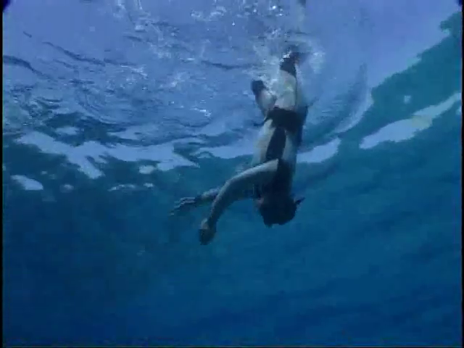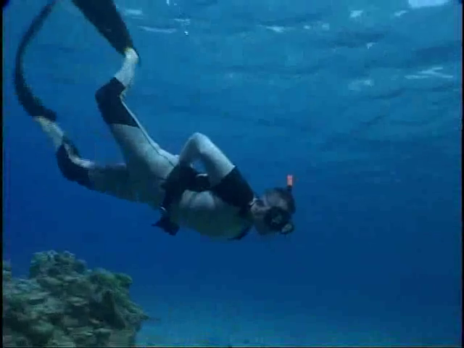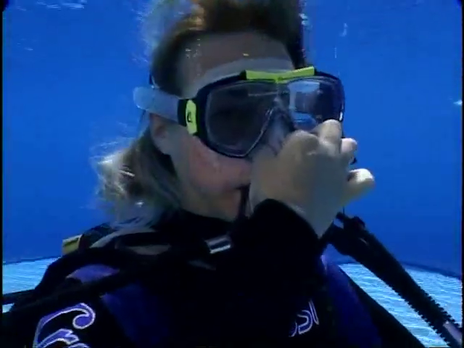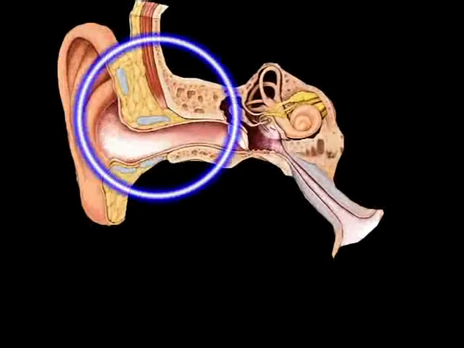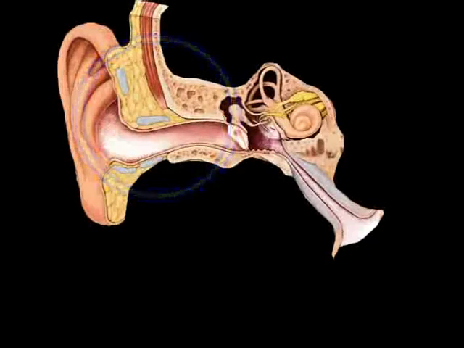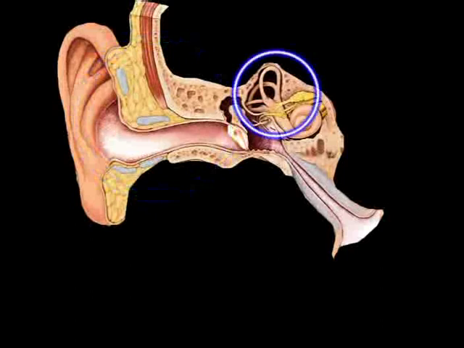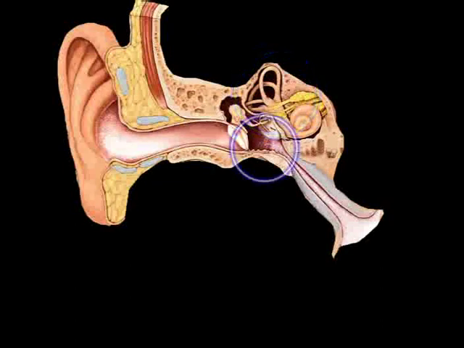Undoubtedly, you will have experienced at least once a strange feeling of pressure in your ears while traveling in a car, an airplane, or diving underwater. What causes this? The ear is made up of three parts. The outer ear is an open space in contact with the outside and therefore subject to changes in the external pressure. The inner ear, where the organs of balance and hearing are located, is made up of liquids and solids. Instead, the middle ear is an airspace separated from the other two parts by membranes. The one dividing the middle and outer ear is known as the eardrum. The middle ear is connected to the mouth by a tube known as the auditory tube or Eustachian tube.